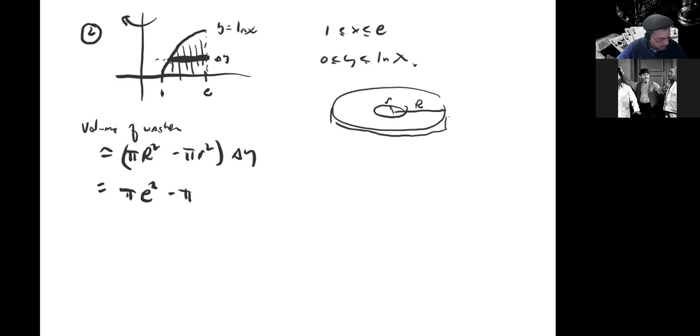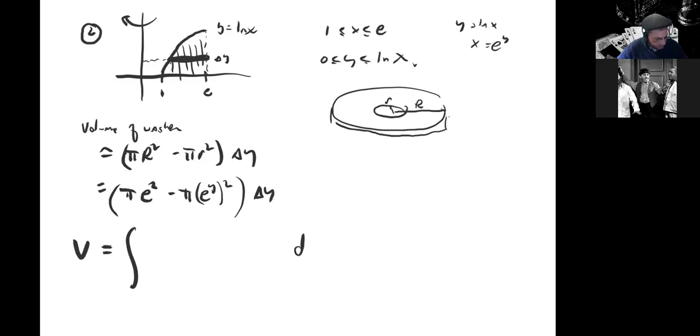Little r is the distance from the curve to the y-axis. So we want to write that in terms of y. So y is ln of x, so x is e to the y. So we're going to get pi times e to the y quantity squared. This is all multiplied by delta y. So we want to get the volume in question. It's going to be the integral. Okay, so what is y going from? Y is going from 0 to ln of e, which is 1, 0 to 1, of pi times e squared minus